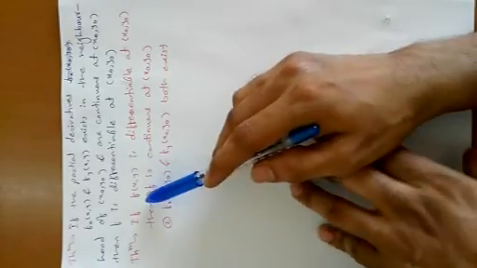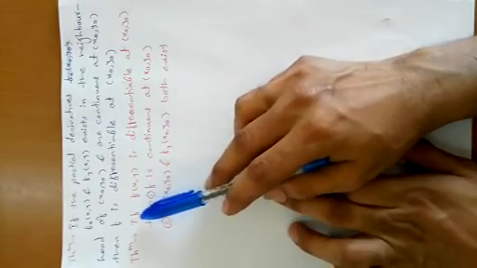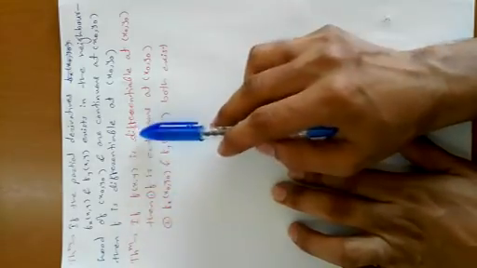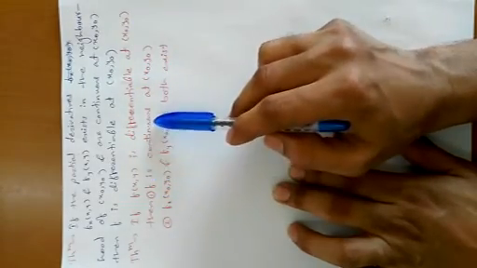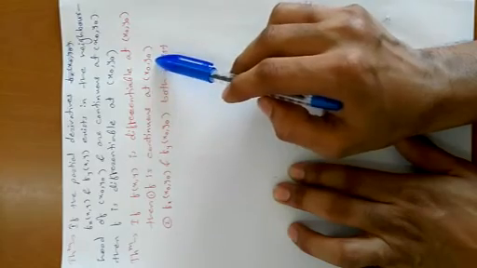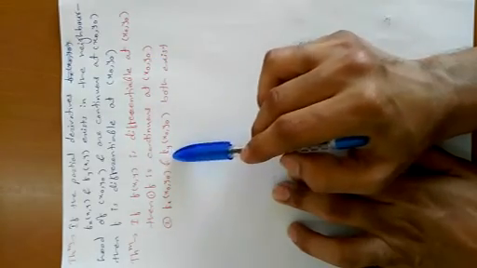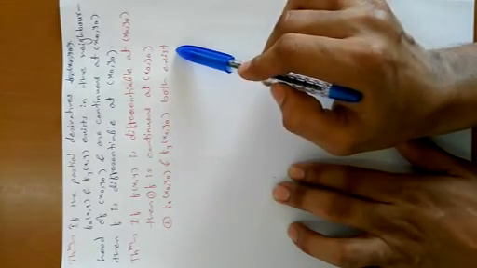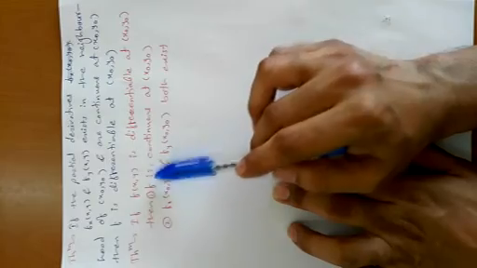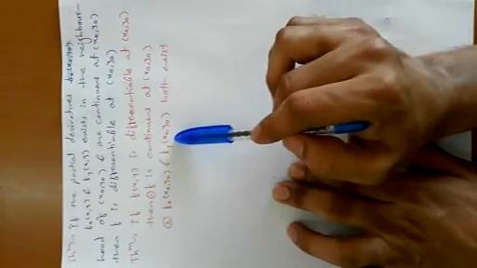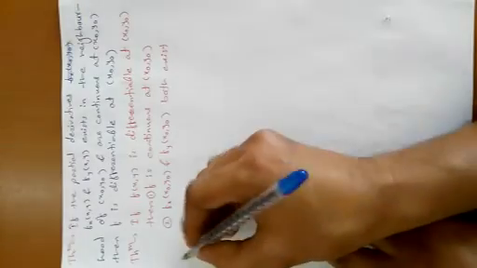Next theorem. Proof is also there in our syllabus. What is the statement? If f of xy is differentiable at x0, y0, then f is continuous at x0, y0. The second condition, fx at x0, y0 and fy at x0, y0 both exist. What is given? F is differentiable, and then we have to show f is continuous, and fx and fy at x0, y0 exist. That is, partial derivatives exist.